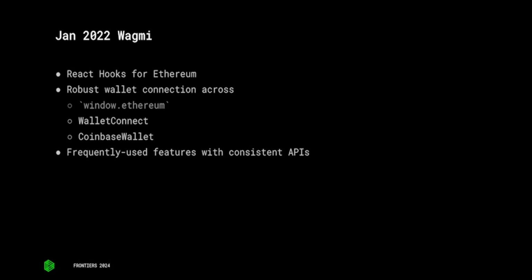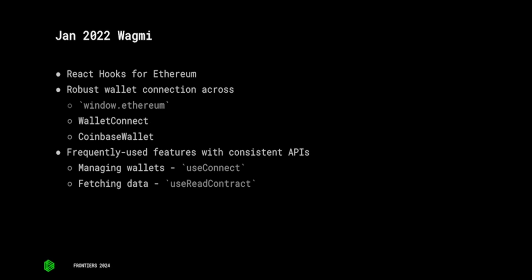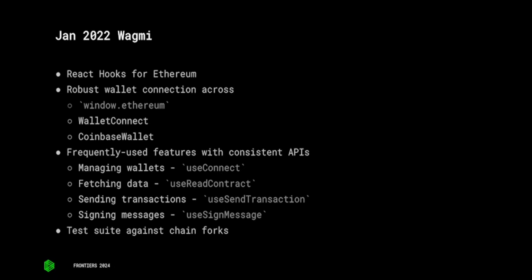Back in 2022 also, the other thing is there's just a lot of duplication in code bases. I'm pretty sure most projects that got started around this time would just go to Uniswap's code base, copy all of the React hooks for ENS related stuff, like sending transactions, signing, whatever, and pop them in their code base. So this tried to standardize all the features that you would want to do in your app.